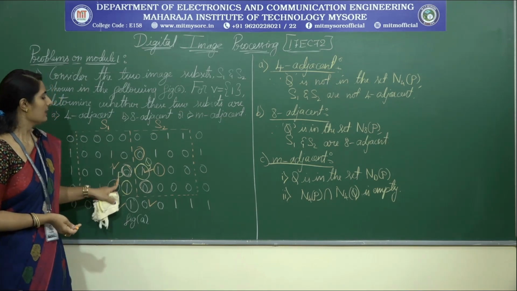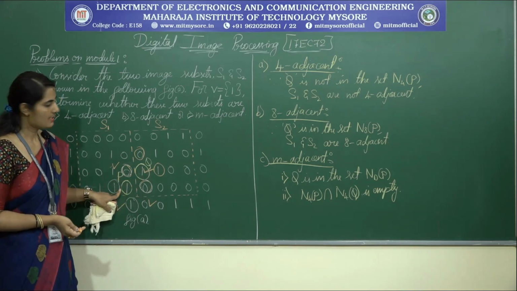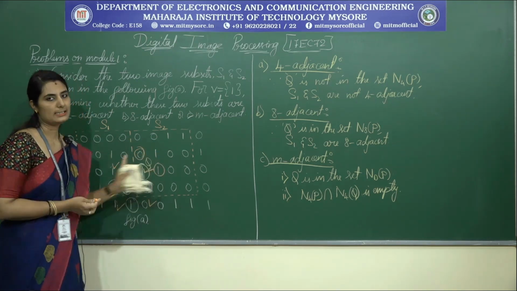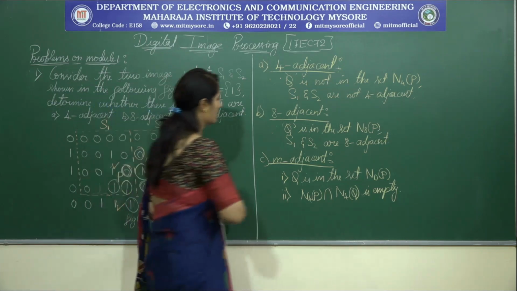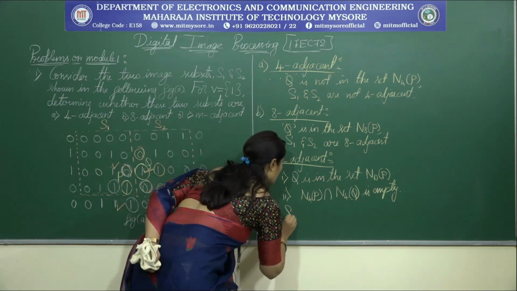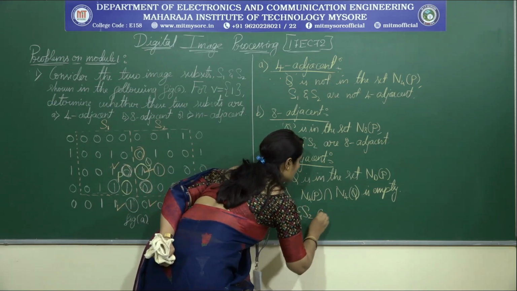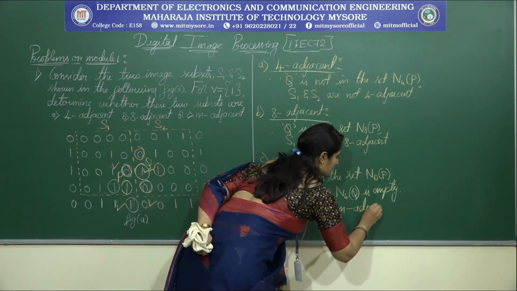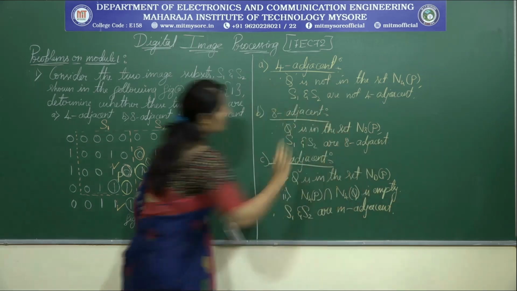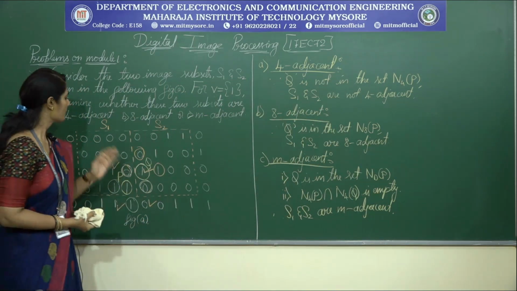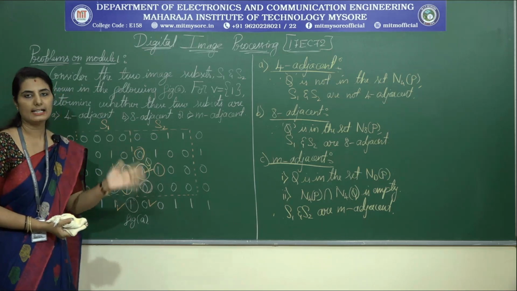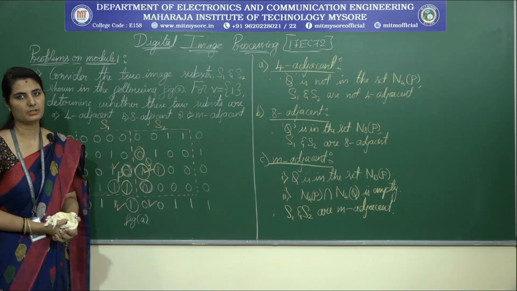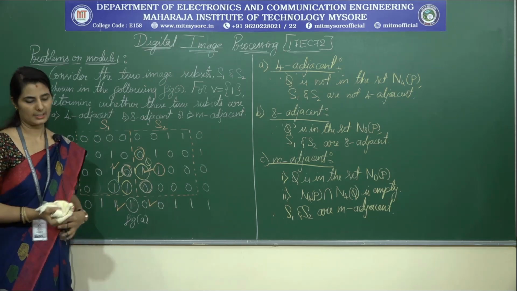Therefore we can say that P and Q are M adjacent, and the S1 and S2 subsets are M adjacent through these pixels P and Q. Right. Therefore S1 and S2 are M adjacent. So, understood how to find 4 adjacency, 8 adjacency and M adjacency between two subsets S1 and S2. Okay, so now let us move to the next problem.